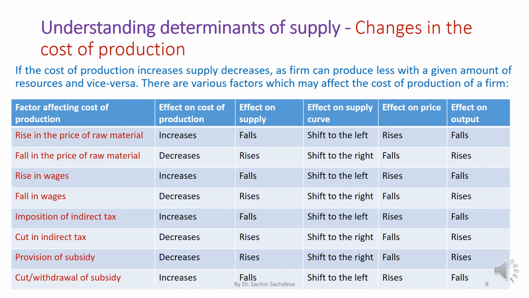Similarly, other options are explained over here. Other possibilities are explained in the form of a fall in the price of raw material, and how the rise in wages or a fall in wages will affect the market equilibrium. All are the determinants of supply. Wages are paid to labor. Labor is a factor of production. Raw material is a factor of production, meaning resource. So whenever the price of a resource changes, cost of production will change.